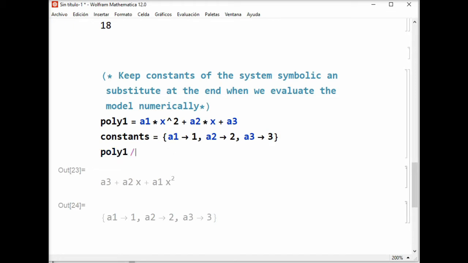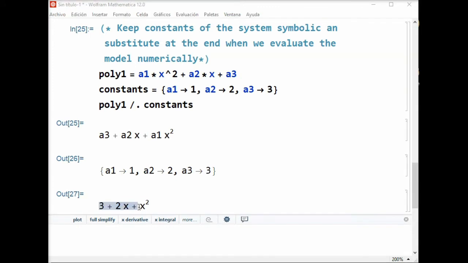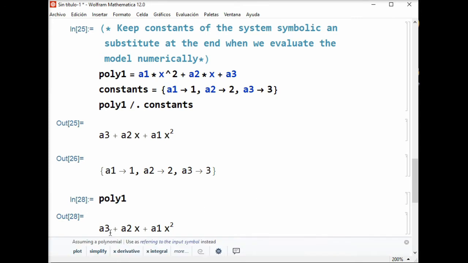And now I can substitute into poly1 the list of constants. And you see that the output of the system is now with numerical values for the constants instead of a1, a2, or a3. However, those changes were not saved into the polynomial itself. So if we use poly1 again, it will be still as a function of x and the parameters a1, a2,